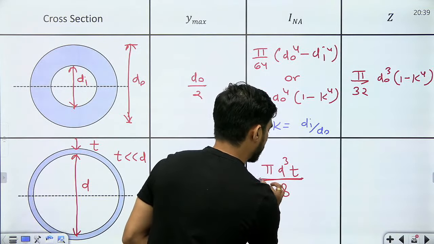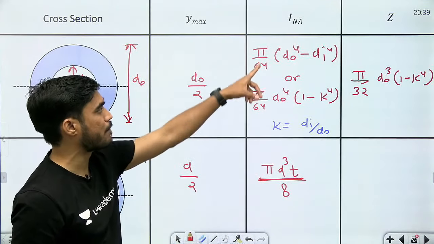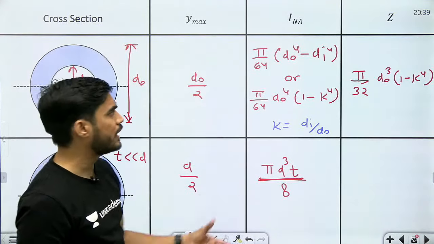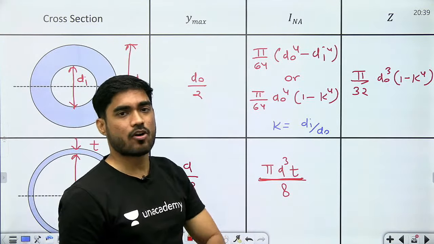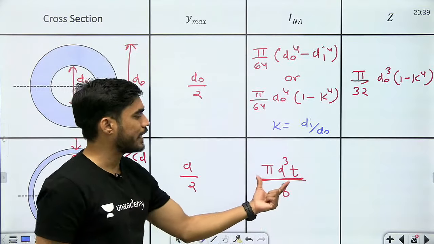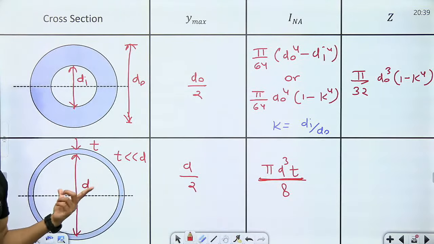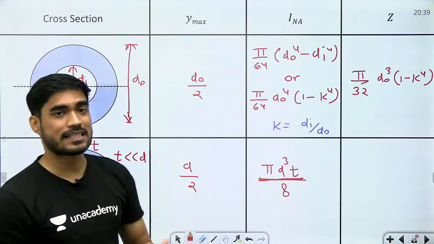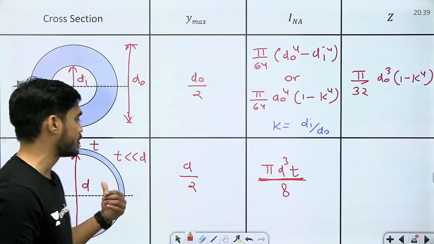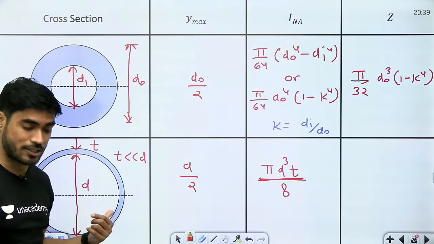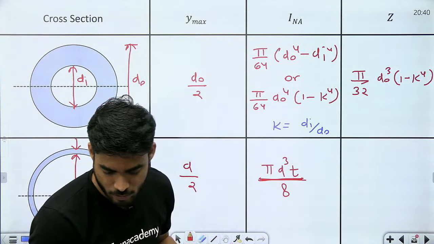Now this is a simple equation compared to this, okay। The actual equation should be this, actual equation तो ये होनी चाहिए, लेकिन in order to simplify we are writing it like this, okay, pi d cube t by 8. Now beta where will you get this type of cross section? In machine design you have already seen this. Machine design में I have explained this cross section in case of welded joints. Welded joint में ये वाला cross section मैंने use किया था, welded joint में ये वाला question मैंने use किया था, ठीक है।